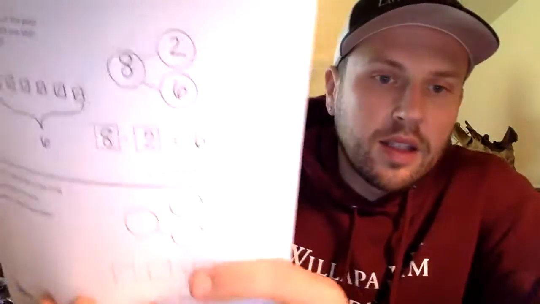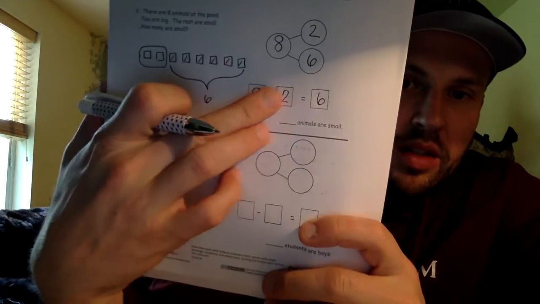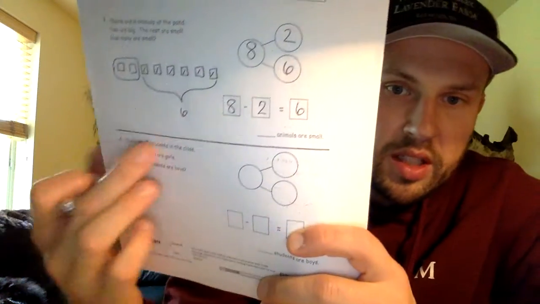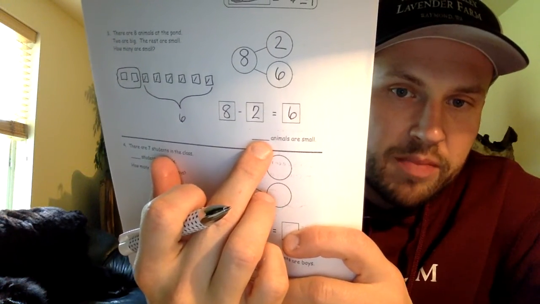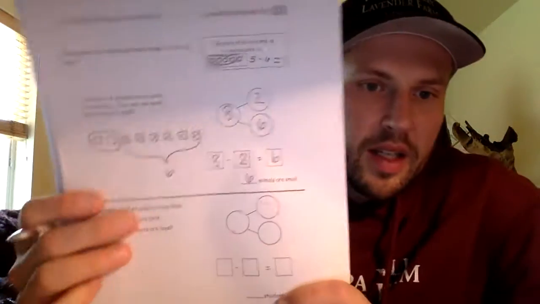So you're going to write 8 minus 2 equals 6. Just like that, 8 minus 2, or 8 subtract 2 equals 6. And then down here we have to answer the question, blank animals are small. 6 animals are small. Okay? Down here you're going to